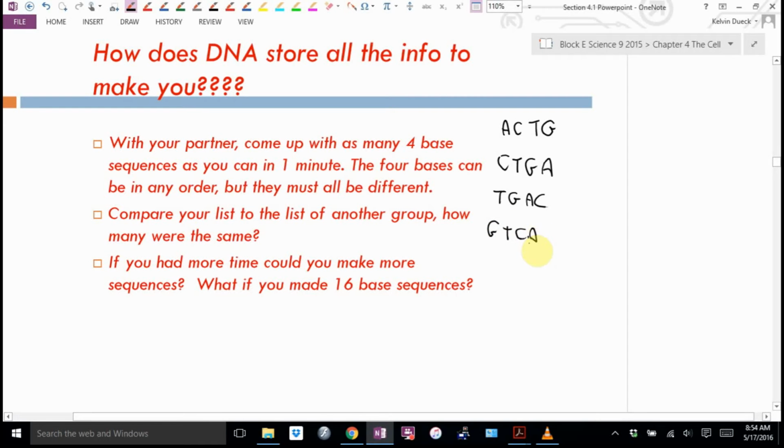Now, with just 4, turns out there's actually 16 different ways that I can mix them up. Okay? That's just with 4. DNA comes in groups of 4, but each group of 4 can be mixed up in 16 ways. So what if you had 16 base sequences? How many ways could you mix those up? A lot. Well, it turns out